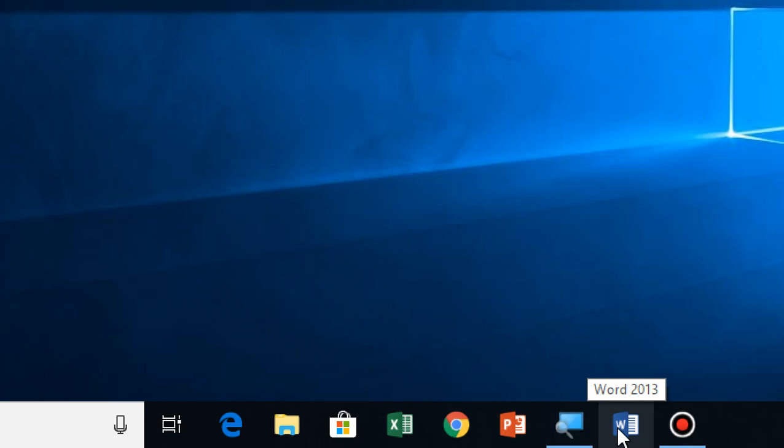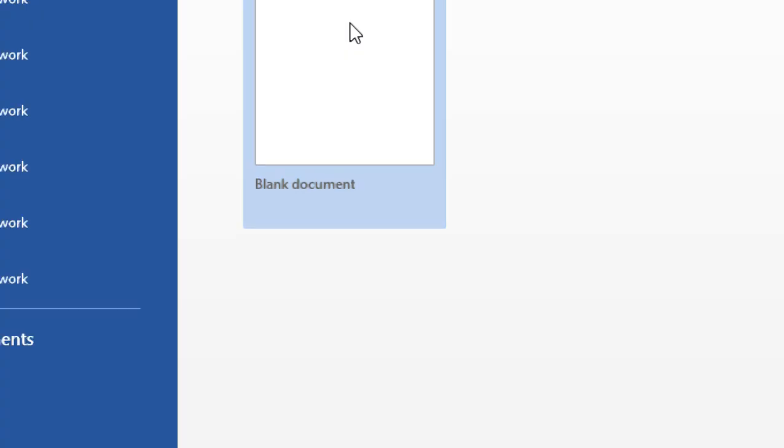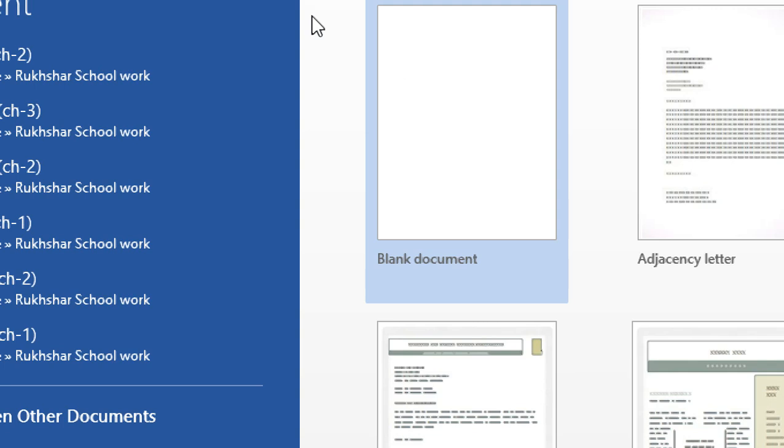Here I pinned Microsoft Word on the taskbar. So directly take your mouse pointer to the taskbar and click on it. When it opens, we are not saving any file, so click on blank document.